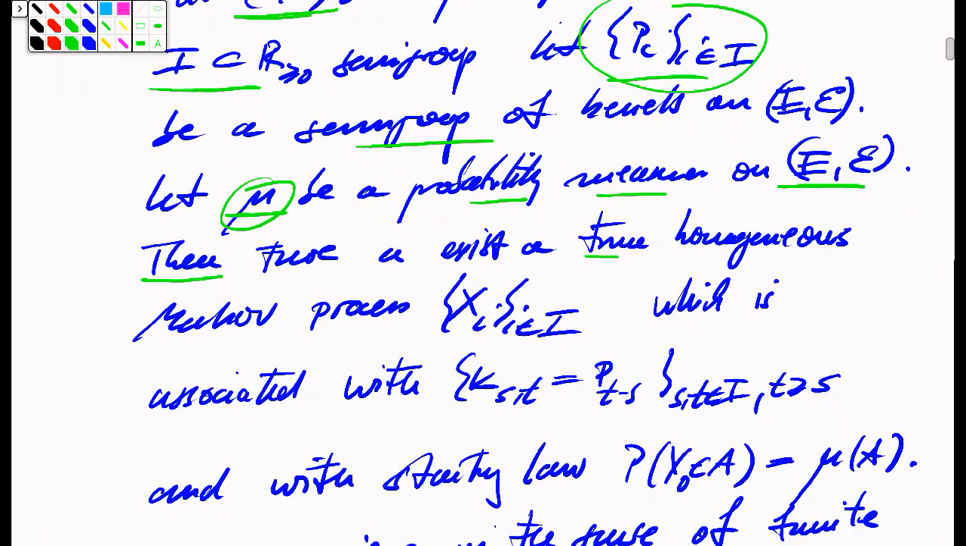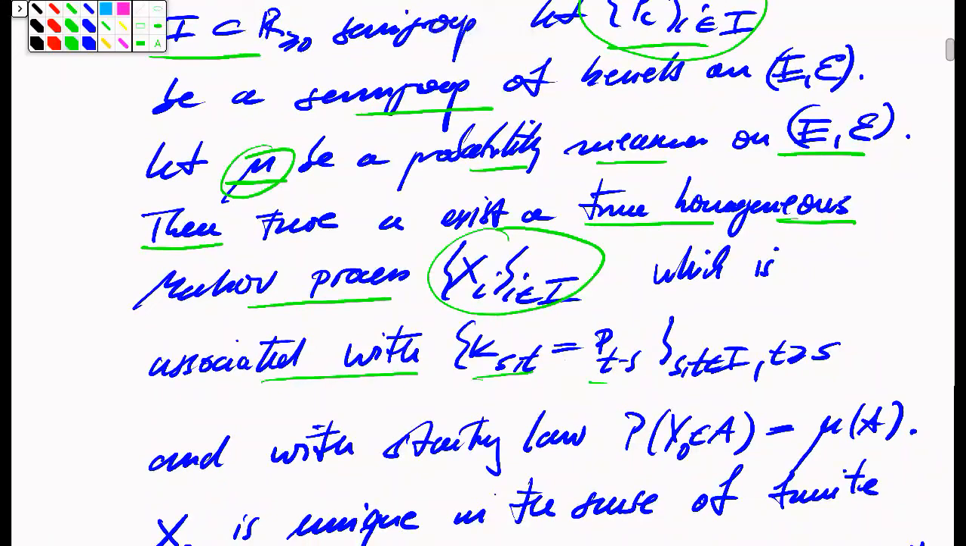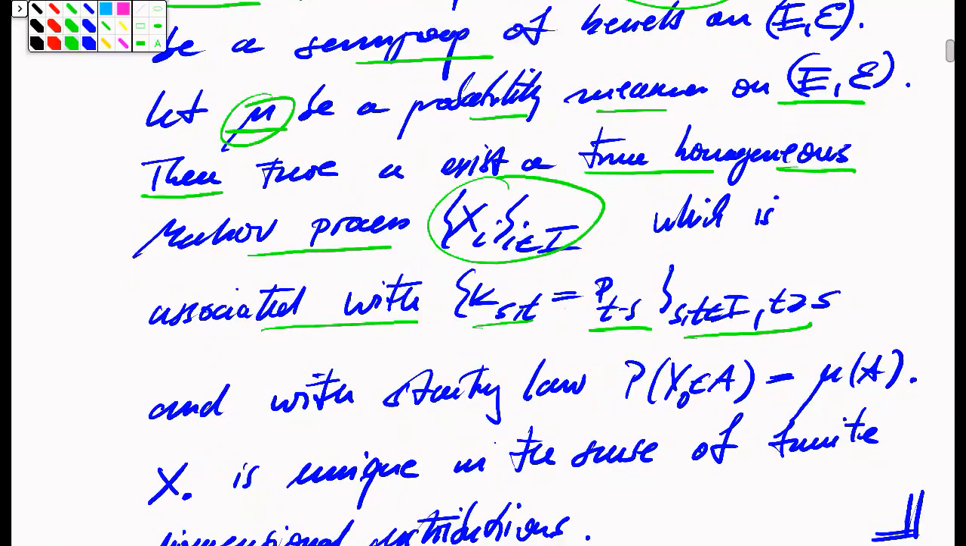Then there exists a time homogeneous Markov process, which is defined with respect to the same time index set, which is associated exactly with these transition functions, which is generated by these, or which is encoded in terms of these kernels, and which has the starting law given exactly by this initial distribution mu. So it says, if you give me a semigroup of kernels,